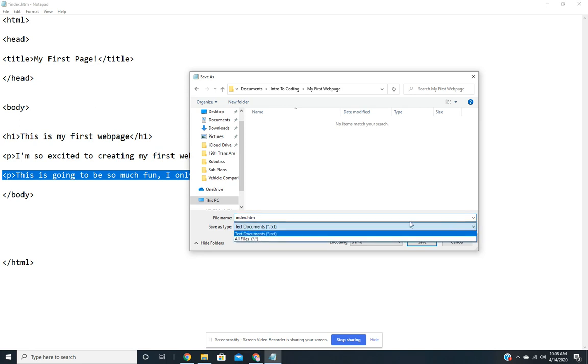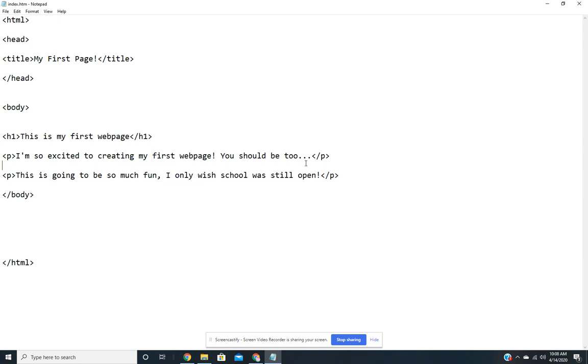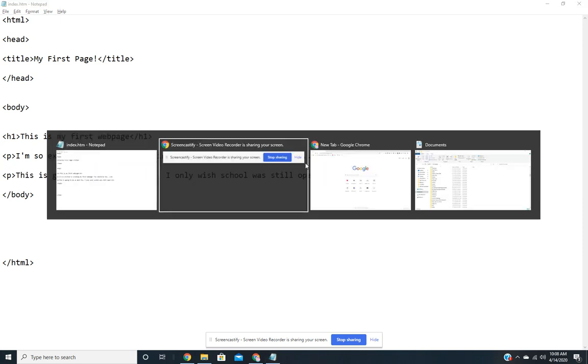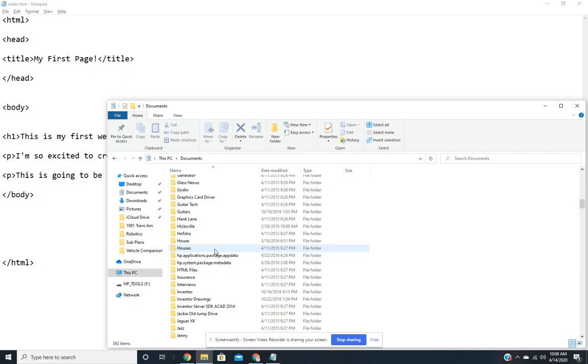Now the next thing we have to do is set it to all files. So we got index.html. .html makes it a web page. Index is the name. .html is the type. So that's the file extension. Set it to all files, hit save. All right, this is a web page. So now if we find our file in Documents,